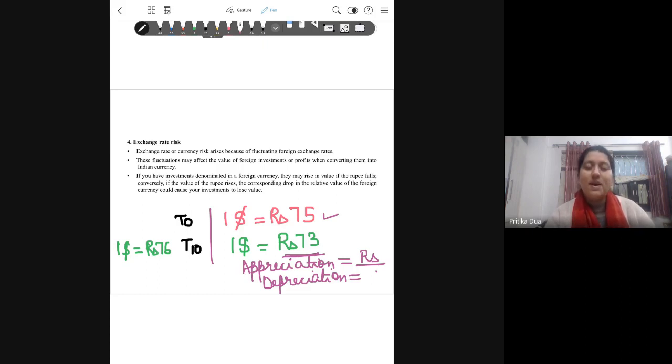ओके, मैं इकोनॉमी के पर्सपेक्टिव से बात करूं तो जो मेरी कंपनी को पहले इम्पोर्ट्स के लिए 75 रुपीज के हिसाब से $1 के लिए पे करना था, अब 73 रुपीज में भी मैं डॉलर बाय कर सकती हूँ। तो मैं अगर यूएस मार्केट से कुछ इम्पोर्ट कर रही हूँ तो अब माई कॉस्ट ऑफ इम्पोर्ट विल फॉल। दिस इज बेनिफिशियल फॉर मी, बट दिस बिकम्स नेगेटिव फॉर एक्सपोर्टर्स क्योंकि वो डॉलर में अर्न कर रहे हैं। तो पहले जब वो $10 ला रहे थे तो उन्हें 750 रुपीज मिल रहे थे। अब जब वो $10 लाएंगे और इंडिया में उसको कन्वर्ट करेंगे तो उनको 730 रुपीज मिलेंगे। तो एप्रिसिएशन ऑफ डोमेस्टिक करेंसी विल ऑलवेज बेनिफिट द इम्पोर्टर बट इट इज अगेंस्ट द एक्सपोर्टर। इज दिस पॉइंट क्लियर?